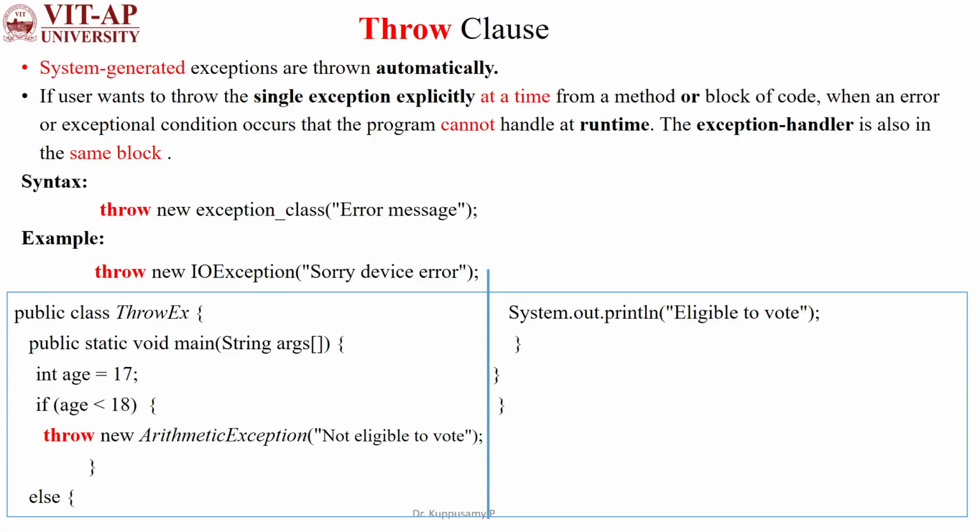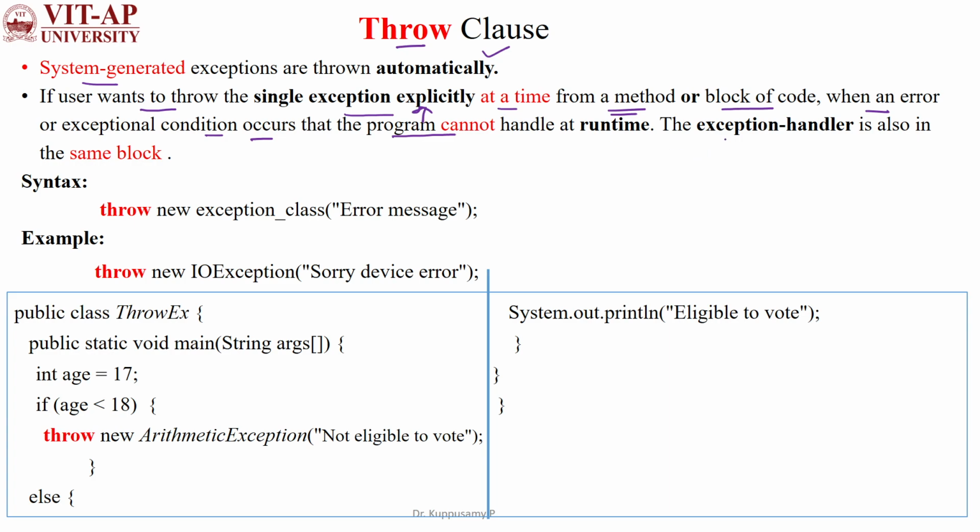Hello everyone. Here we will discuss the throw class, which is used to throw the exceptions generated by the system. If a user wants to throw a single exception explicitly at a time from a method or inside a block of code, whenever an error or exceptional condition occurs that the program cannot handle at runtime, at that time we can use the throw class to throw the exception inside the method or from the